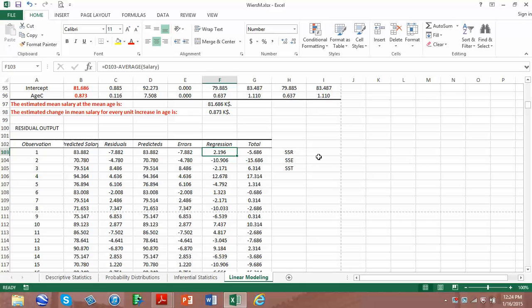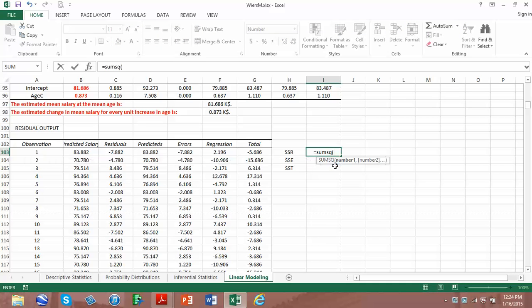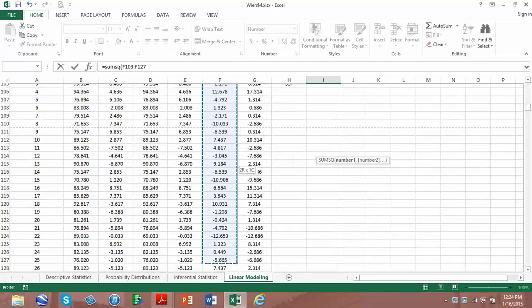It works when you square and sum them up as well. So the sums of squares regression plus the sums of squares error will equal the sums of squares total. Now, what I mean by that, I can take sums of squares regression, the first one squared plus the second one squared plus the third squared and so forth. That's the sums of squares regression. Fortunately, there's a function in Excel to do that called SUMSQ. And then we grab all the regression values,